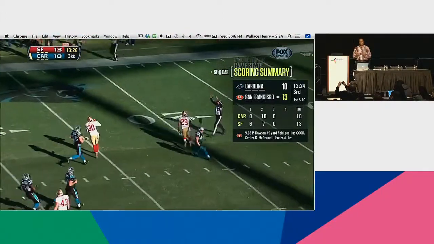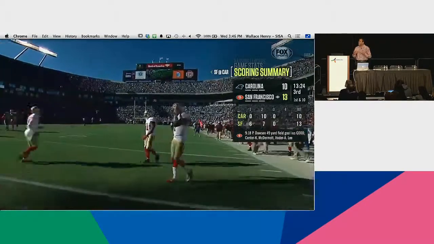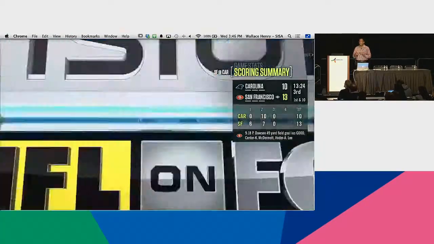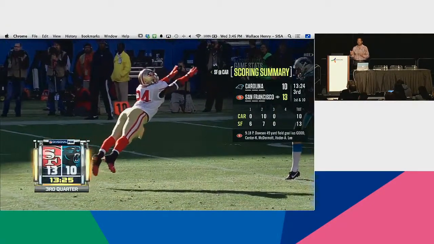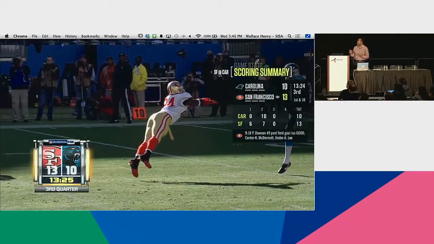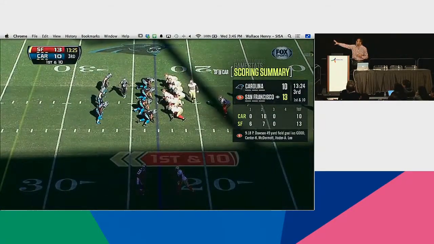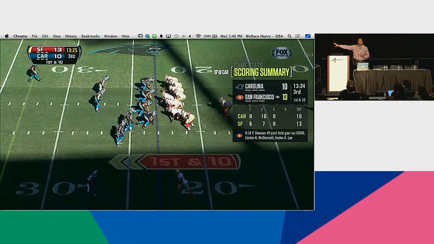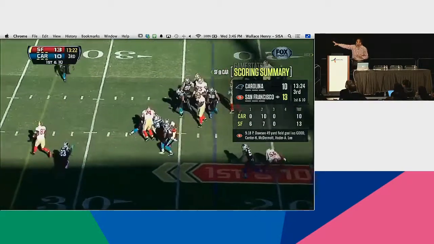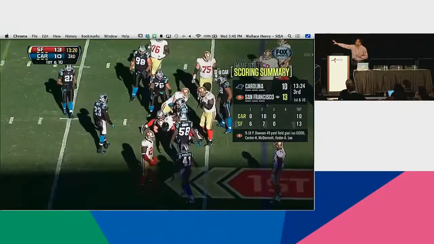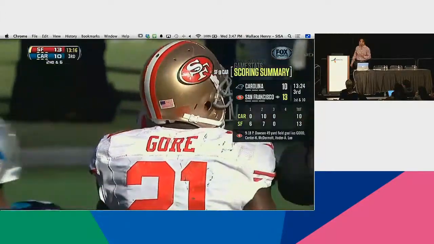So the goal was to give the viewer something useful, but that didn't take over the entire experience. And this was quite a challenge. So we talked a lot about contrast, making sure that things are visible and easy to read on the TV screen. And so we were able to do that because the moving background of the live picture actually provides enough contrast, and we try to stay within white or light colored text, and that helps it stick up above the